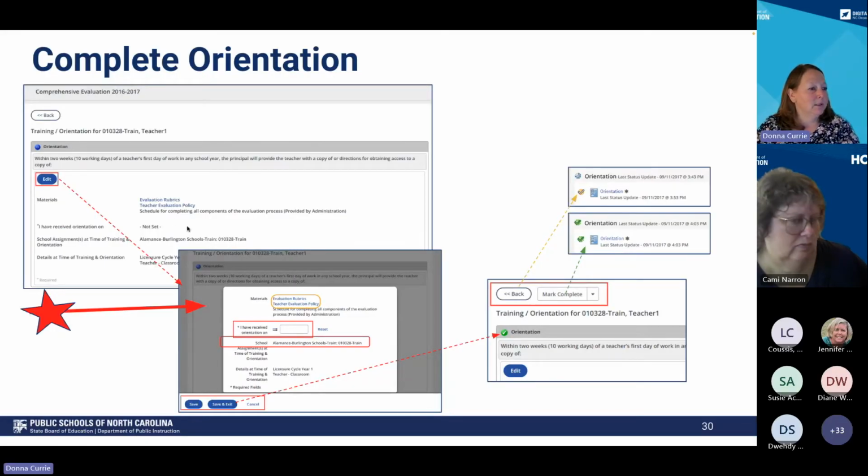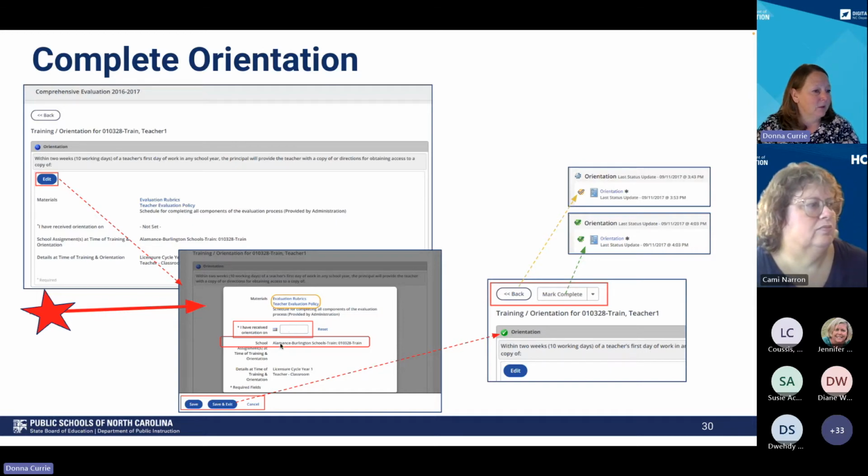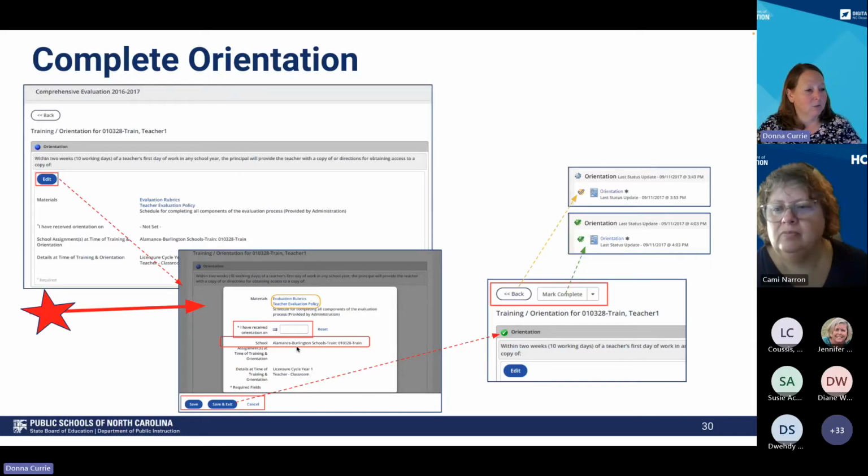Once you open those words in blue, you're going to see "I have received training on," and that was whatever day your school has given you training. You're going to put that date, once again verifying that the school that you are employed at is the school that is listed here. If not, please reach out to your site or district administrator to help you with that. After you put that date and verify your school, you can save and exit, and then you're going to want to